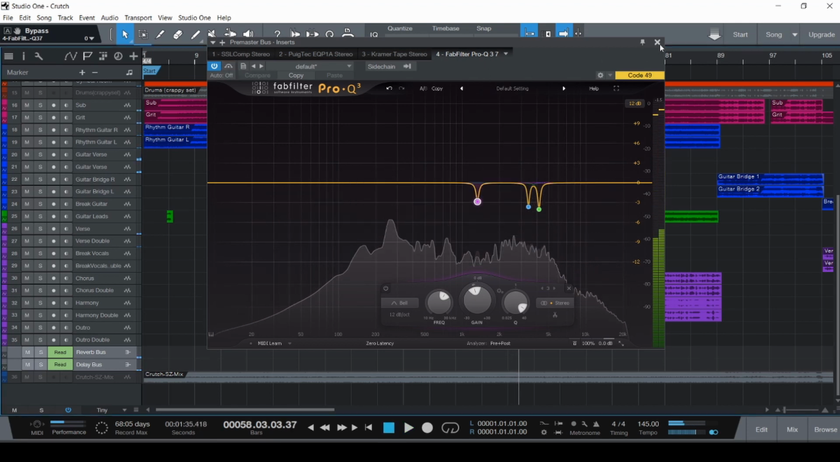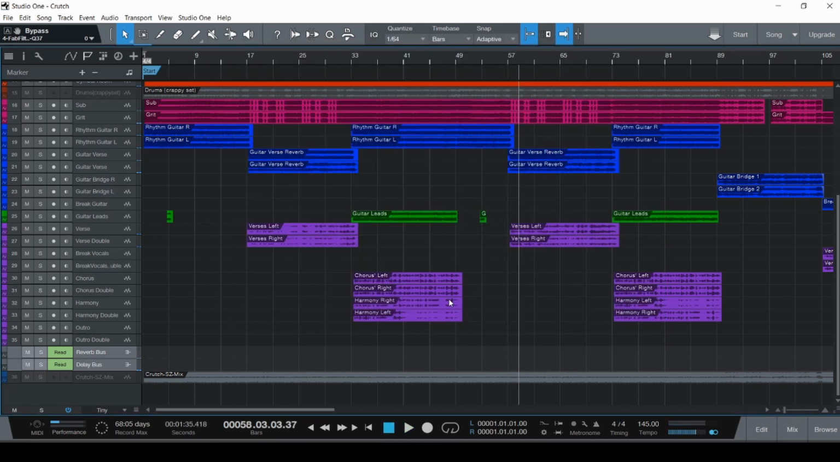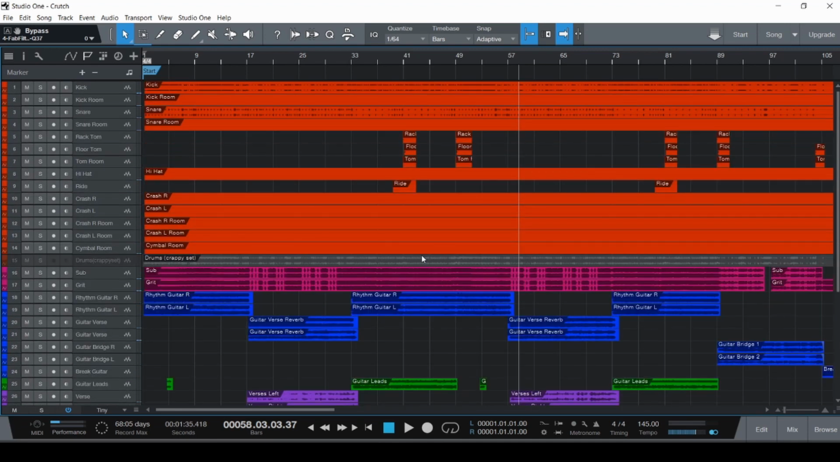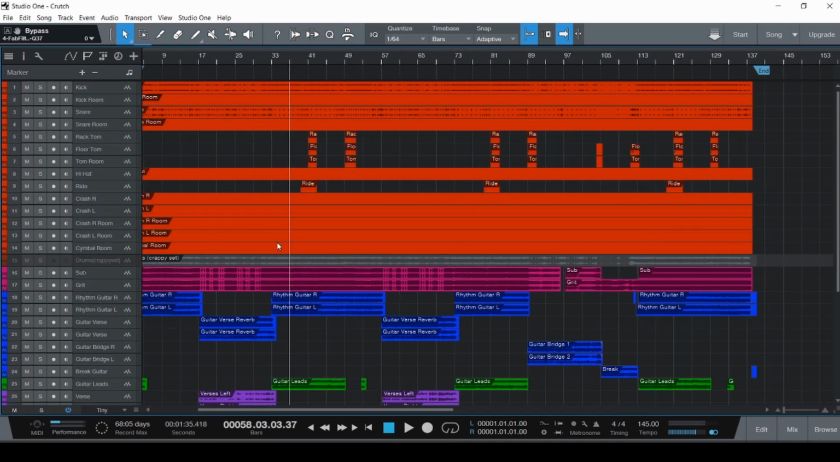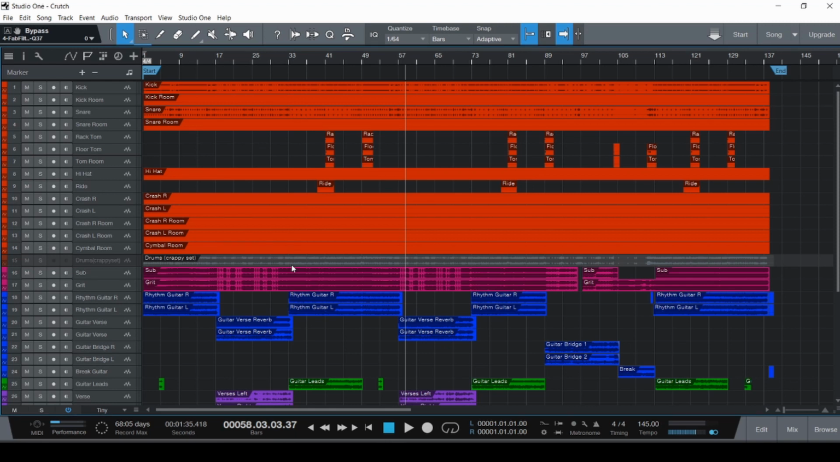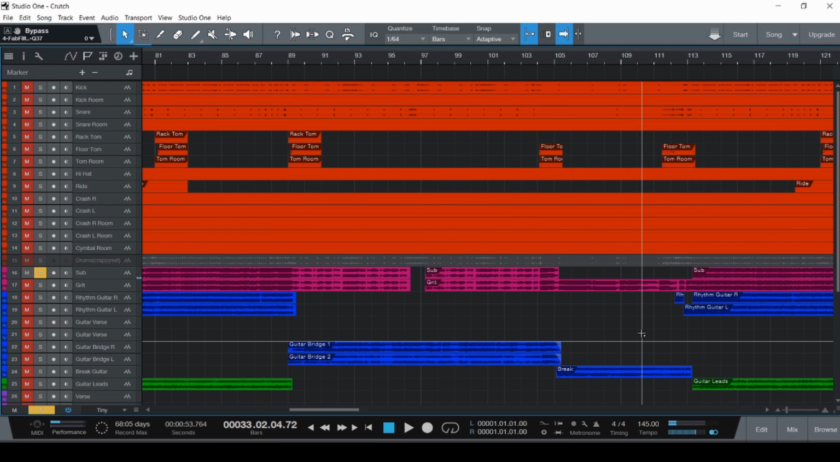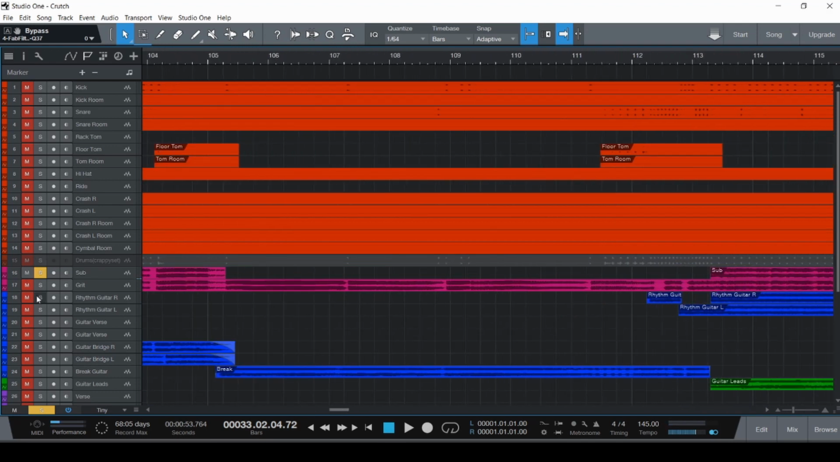So that cleaned it up. And then that was the overall balance of the song. And then a few other things: since the sub is super saturated, during the break here, I actually took the sub out, because if we listen to what the grit provides to that part,